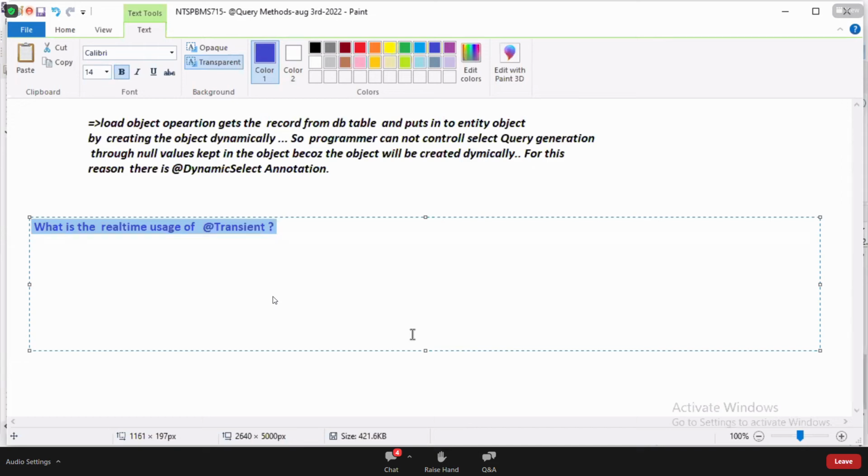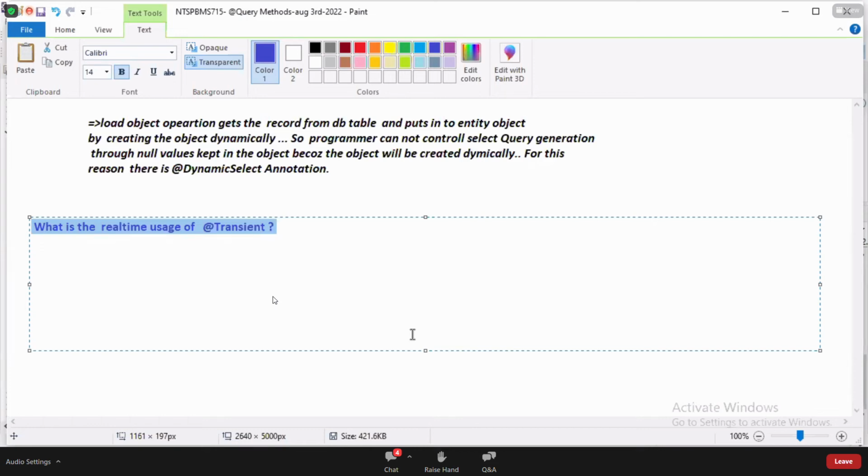Come on, guys. For example, listen carefully. I have an employee class. Their salary property is mapped with the salary column. But in the same model class, I want to take two more properties, gross salary and net salary. After calculating gross salary and net salary, I want to store them into those properties.